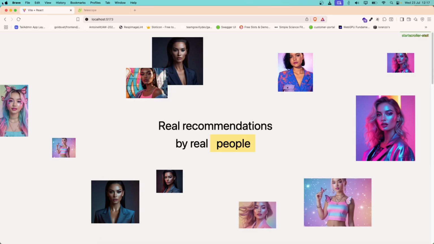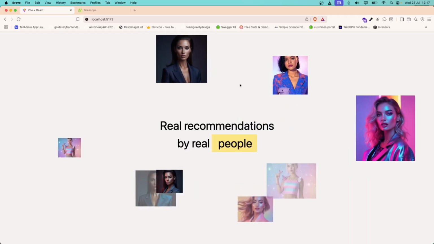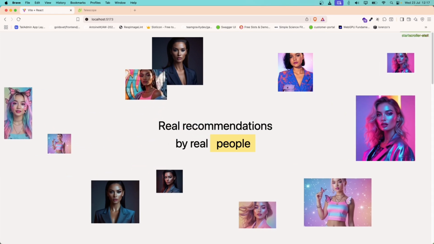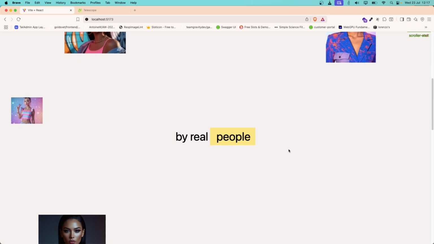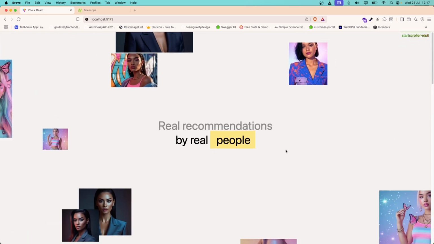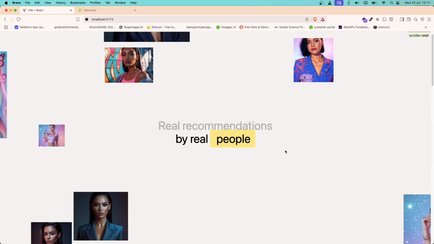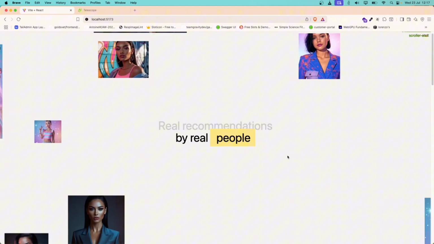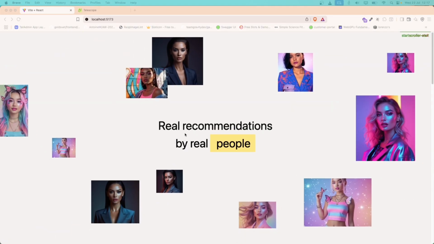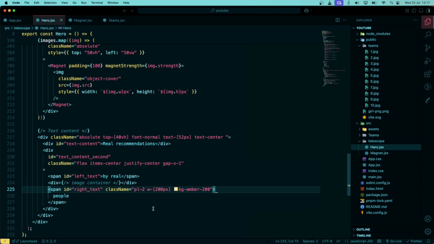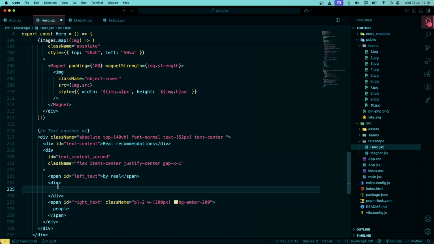Oh, it looks good, it looks good. Now if I scroll, let's just make sure that nothing is breaking up until now. If I scroll this, yeah, the animation is working. Yeah, I think everything is working perfectly, right? Everything is working perfectly. Yeah, it's looking good. Now let's put the image right inside this text, real and people. Now inside this image container I will remove this comment